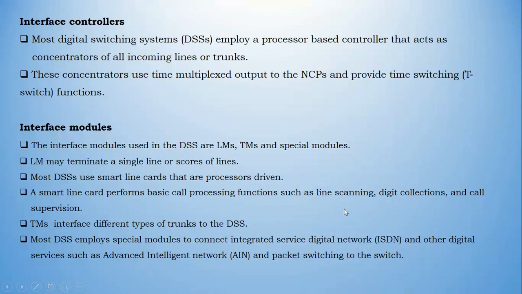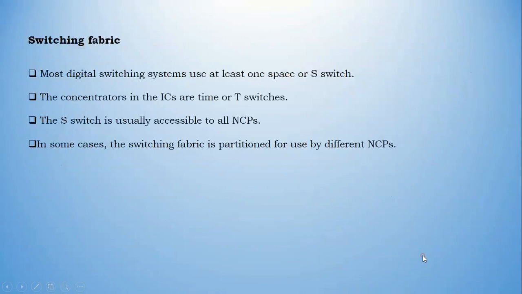Usually line cards are connected inside the processor, so those get the scanning line, because the first function of switching is scanning. That means before attending you need to scan the line, then observe how many digits they'll be dialing, then supervise the call. Afterwards you connect the call, then you need to monitor the call also. That means interface modules use every function, which actually stops at the advanced intelligent network also. It will use the feature software also, which is connected to the interface modules through interface remote modules.